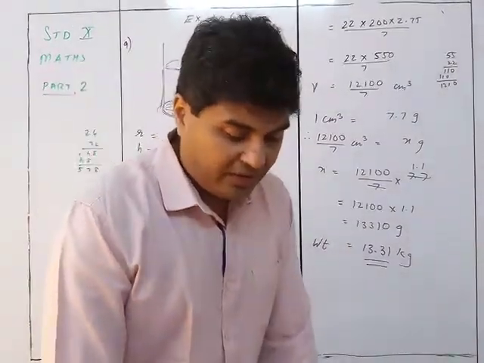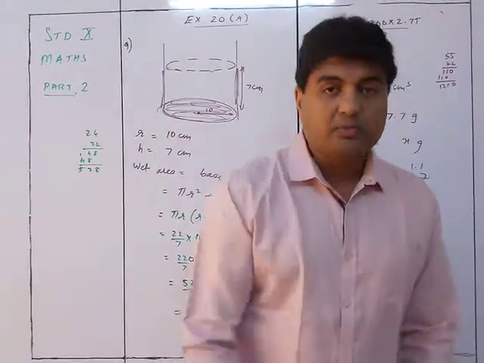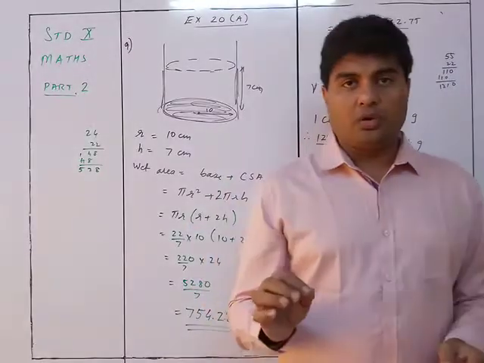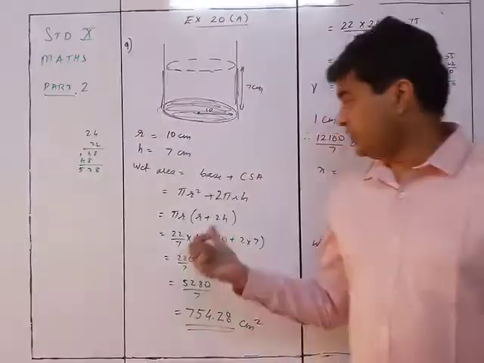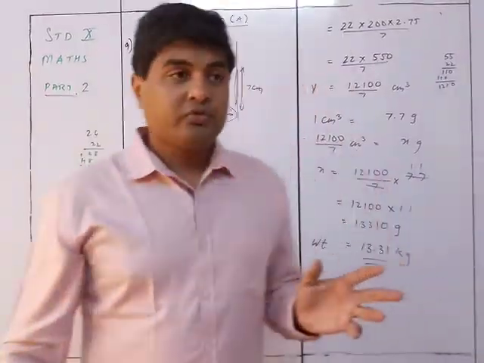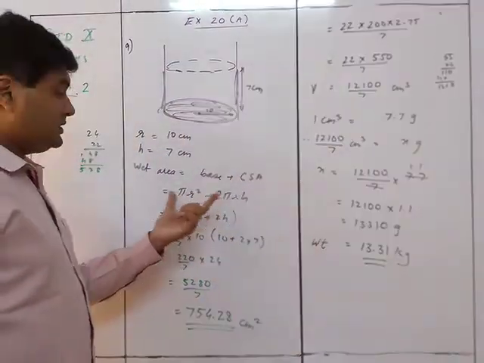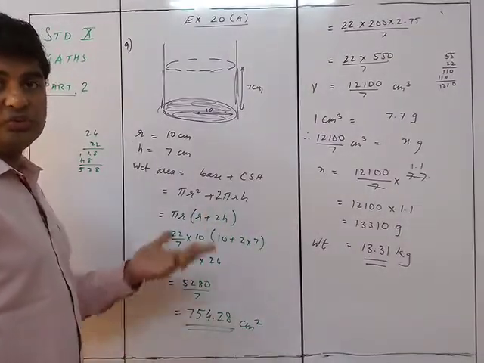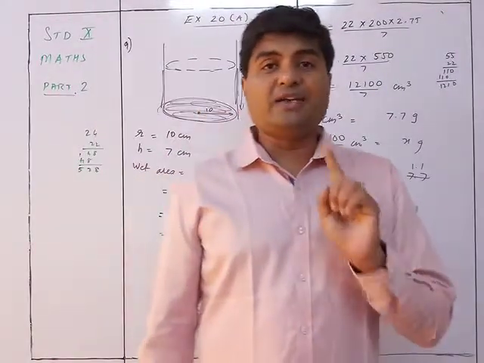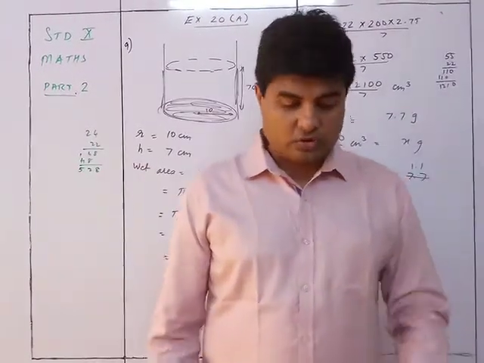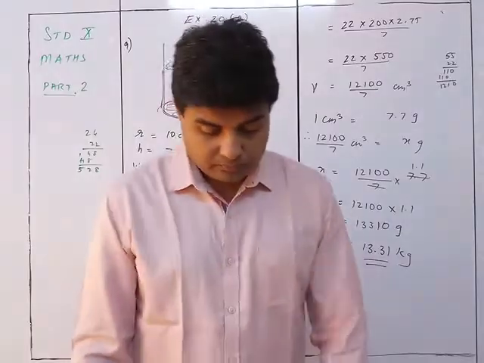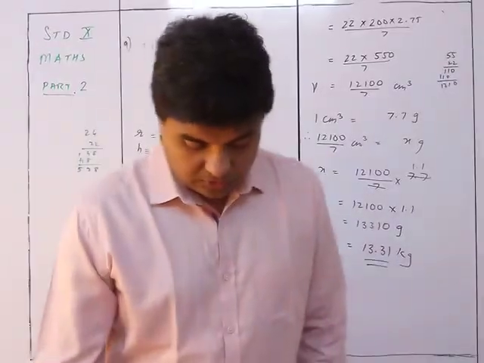Okay, very important. Again, we can see over here formulas play a very important role. A small mistake in the formula, CSA, it's 2 pi rh. Why did I make this mistake? I don't know. So you can see over here, it is such mistakes which could cost you 4 marks, because mensuration sums are of 4 marks. If your formula is wrong, everything is wrong. So that's why you have to be very careful, right? Okay, so this was sum number 9.